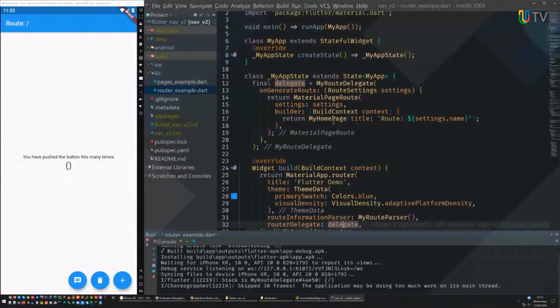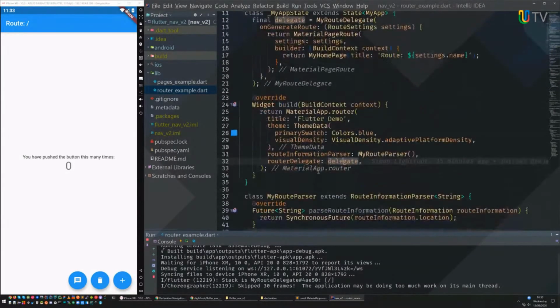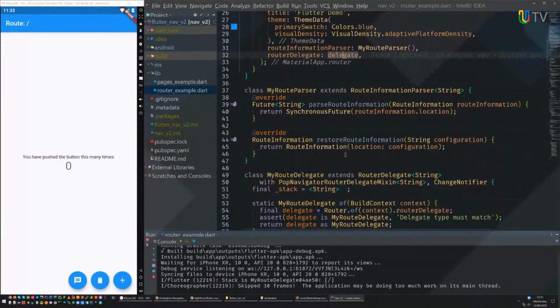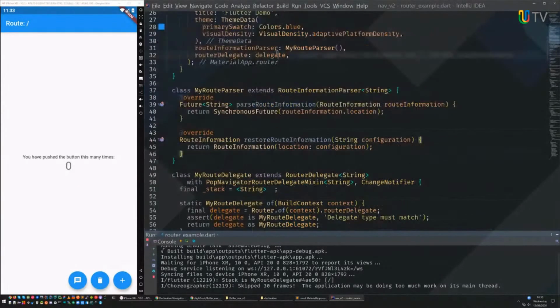And what I've decided to do, just for a laugh, and this again is about if you wanted to migrate and transition, I've provided an onGenerateRoute, which is the old way, through my route delegate to build the routes for the screen. Why not? We can remove this in a second, push it as a separate commit or something, and we can see how it looks. So, as you can see here, the very, very basic